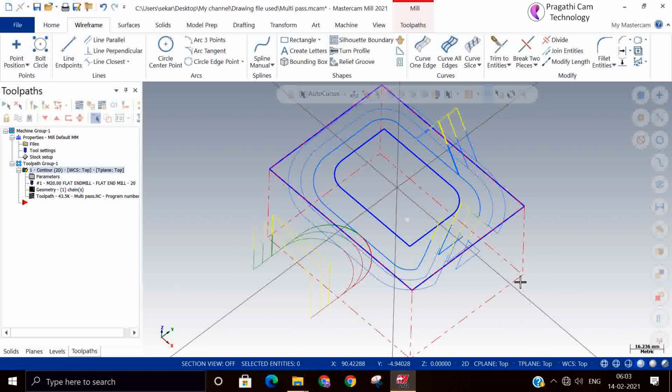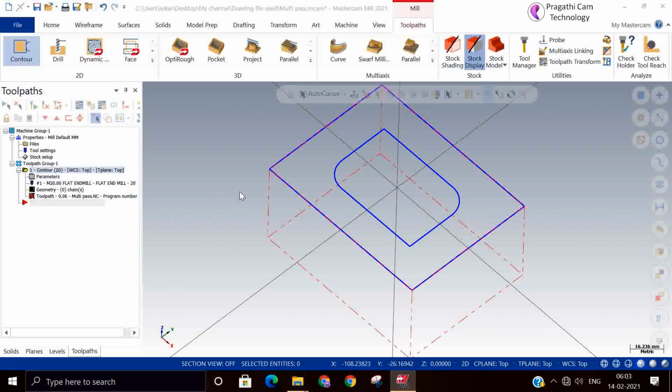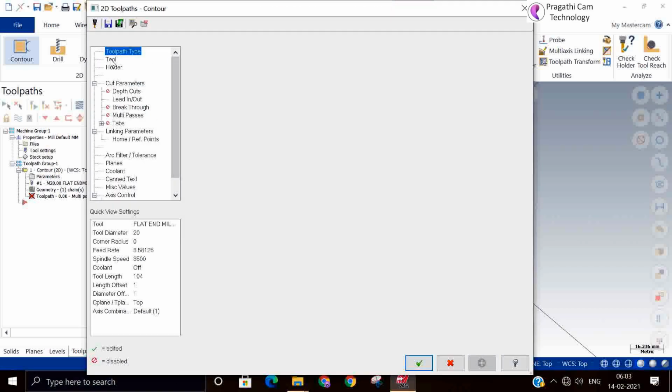That's why it struggles to make that one. Okay. So if you want to understand clearly, I will put one more small contour on the outside.